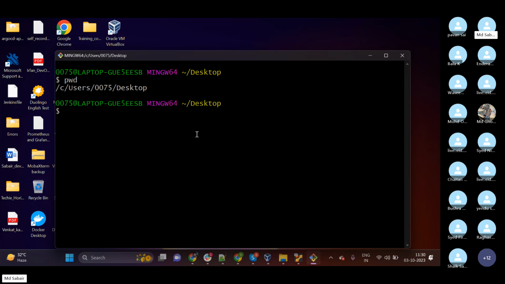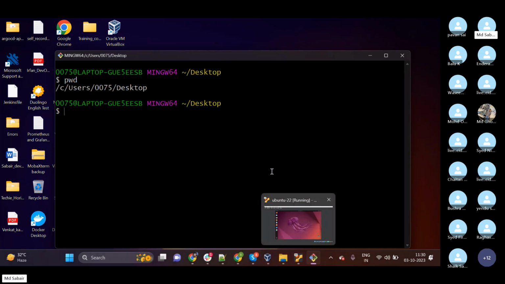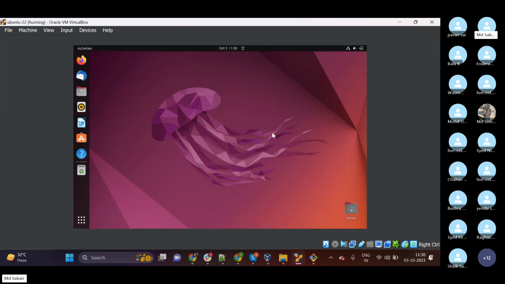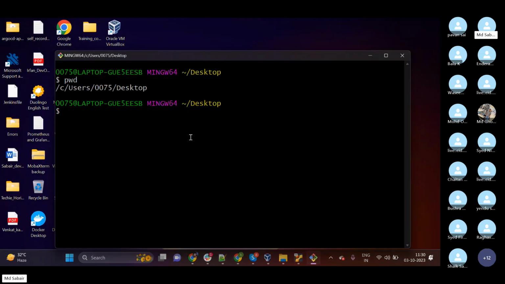If we have these operating system virtual machines, then it is well and good, because we can execute all the Linux commands, and this is the Linux based operating system only. And Git Bash, which we are using, is on a Windows based operating system. So before moving on, why do we need Linux operating systems? Why is Linux very popular in the market?